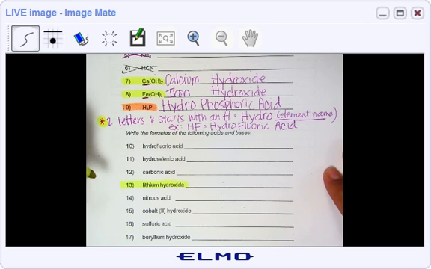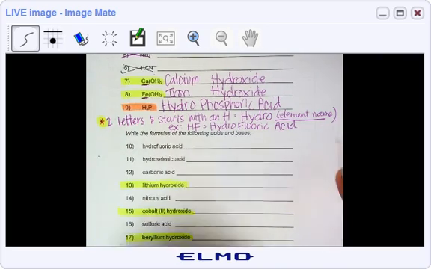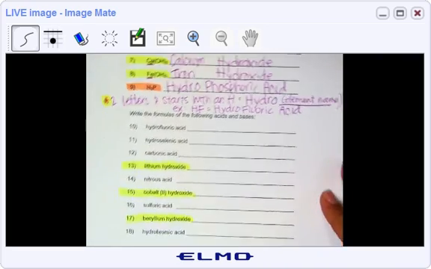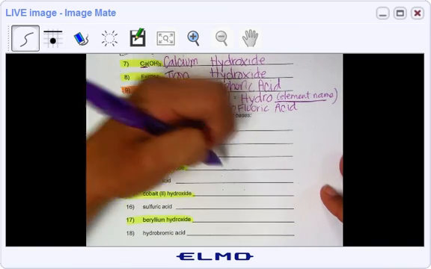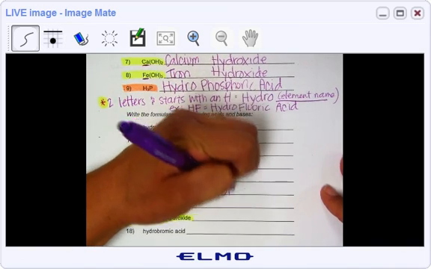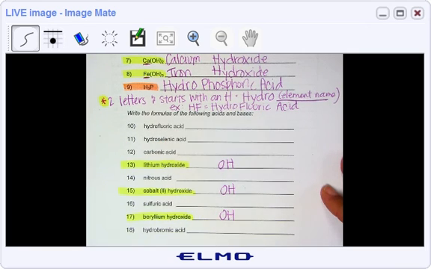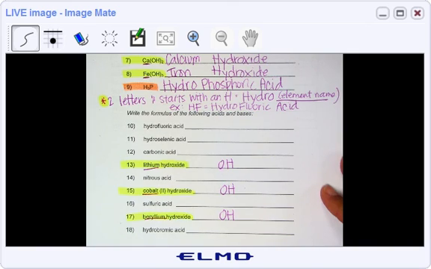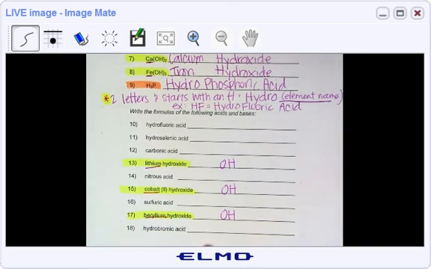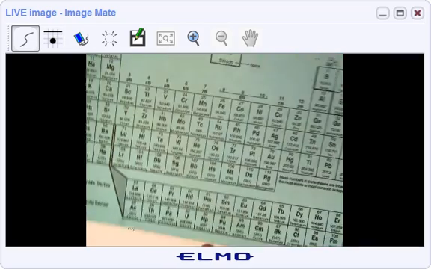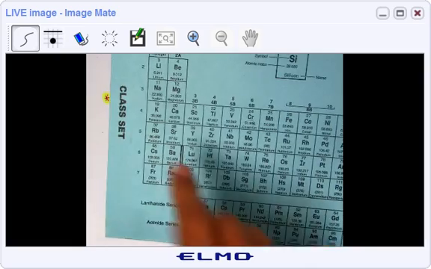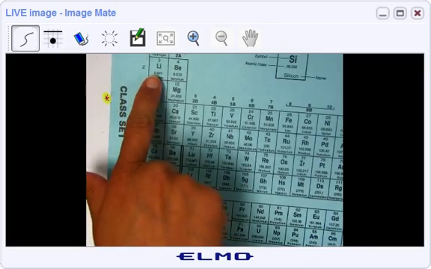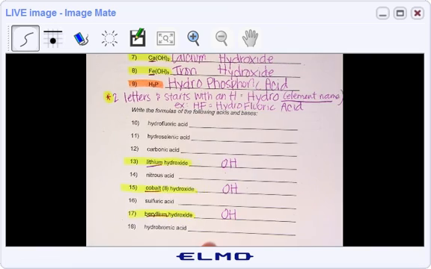Hydroxide, number 13. Hydroxide, number 15. Hydroxide, number 17. So you can go ahead and write OH for all of these. And then you just write the element. So lithium hydroxide. You're going to turn to your periodic chart if you do not know the symbol for lithium. Lithium is right here, number 3, and it's Li. So I would just write,